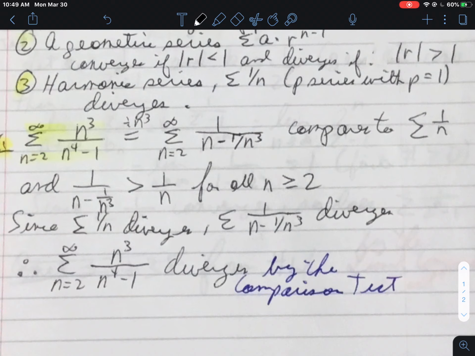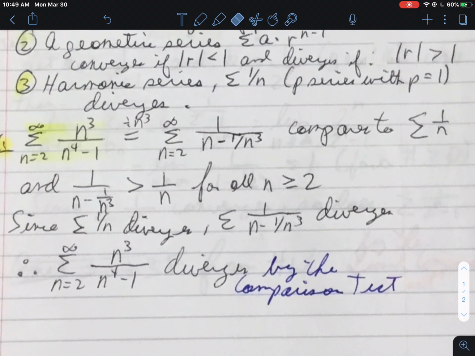I can't just say, oh, it looks like this series is less than or greater than that series. I have to be able to say without a doubt that it is for all values of n. So in this case, comparing to the sum of 1 over n, I look at 1 over n minus 1 over n cubed,